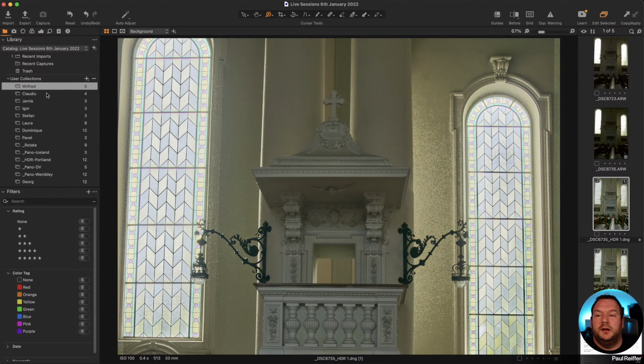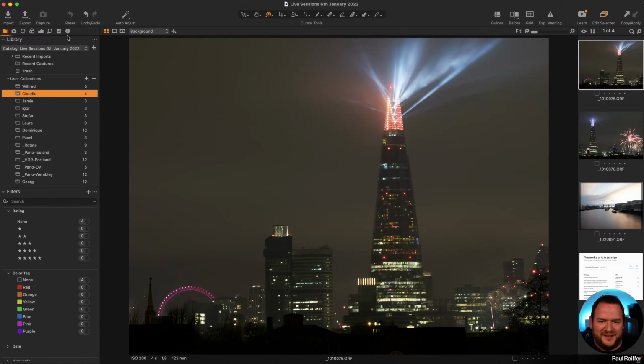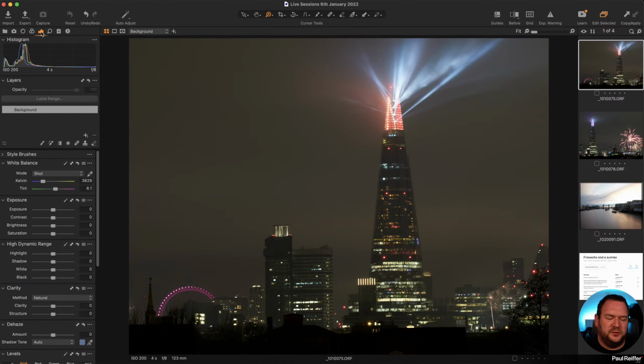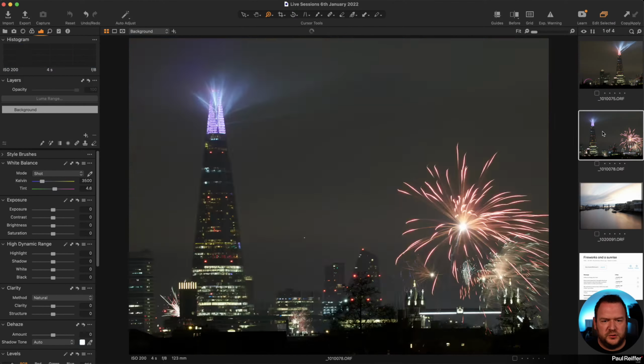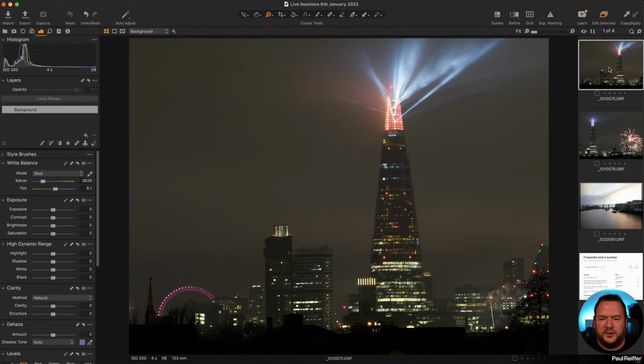So that's enough of HDR today, I think. Let's have a look at Claudio's shots. We've got two or three shots, but these two are very similar. So we'll probably do an apply to the second one without too much hassle, just copying and pasting the settings. So first thing on cities. This one is London, unless they've moved the Shard and the Millennium Wheel, or London Eye or whatever it is, sponsored by now.